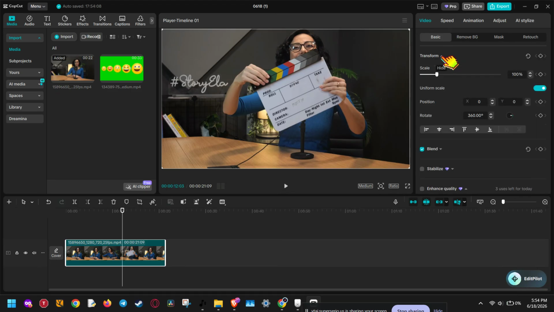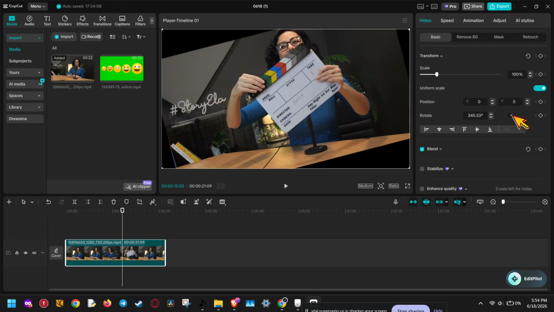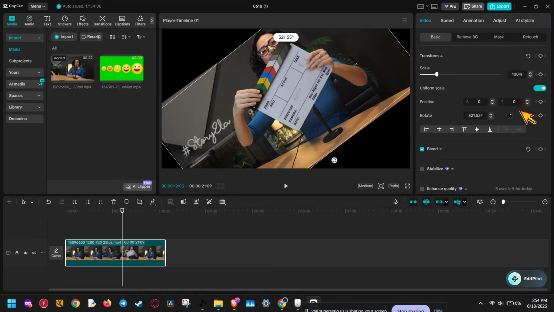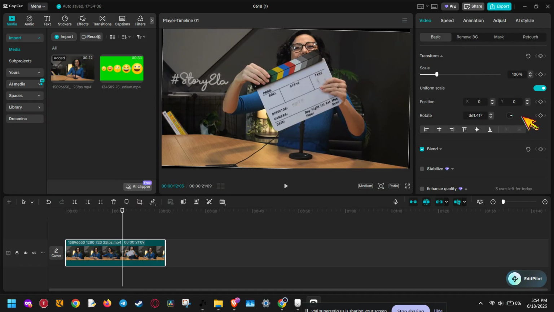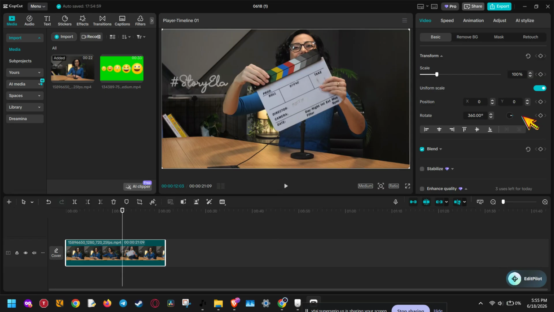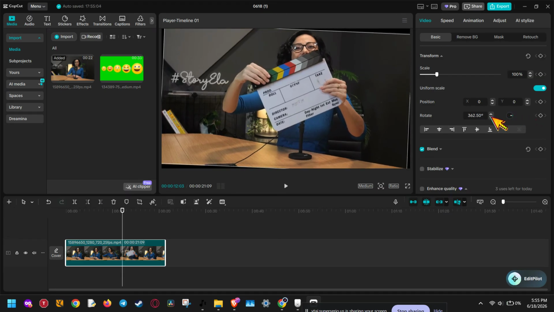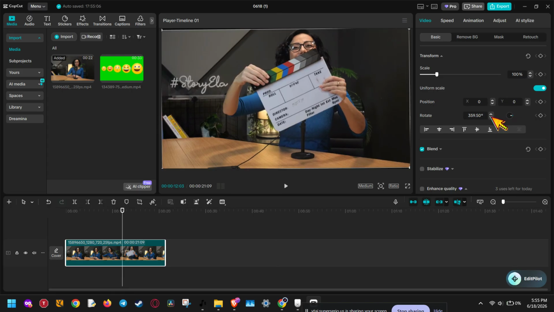Inside rotate, you have a few different options. You can click into the box and type in a specific number of degrees directly. If you want a half turn, enter 180. If you want a tilted effect, try 10, 15, or 45 degrees. You can also use the circular dial or knob and drag it left or right to rotate the video visually. If you want tiny adjustments, use the up and down arrows for micro changes. This is especially helpful when you're trying to line something up exactly or create a stylized effect without over-rotating the